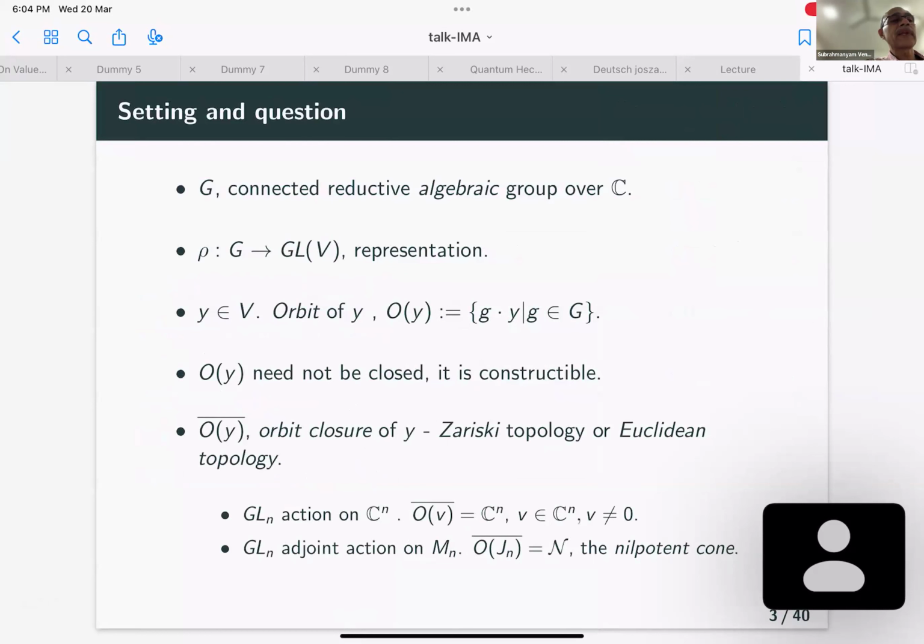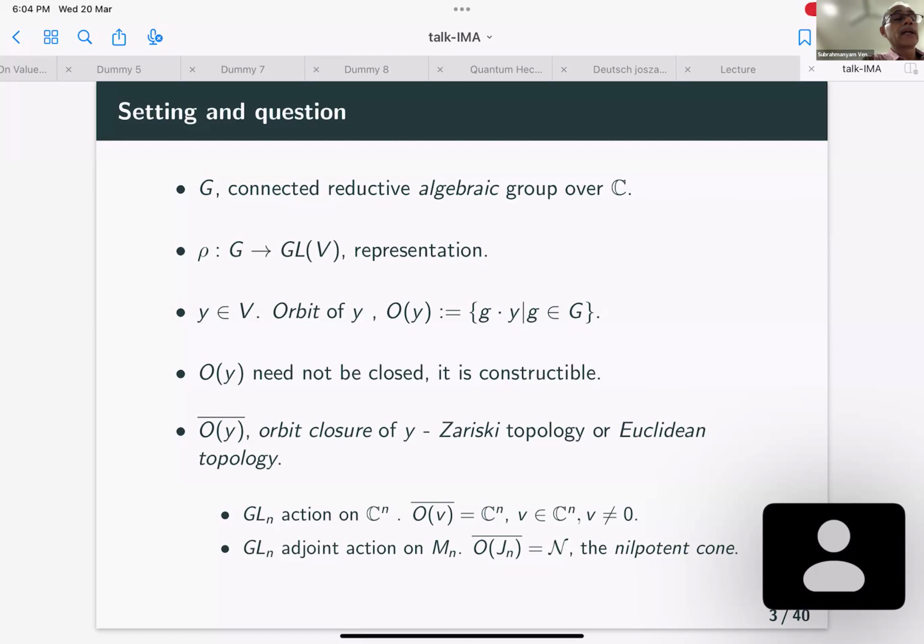So the setting is the following. For us, G will be a connected reductive group over C. For most of the talk, you can think of G as GL_n for some n, the general linear group. That's really all we use. What we are given is a representation of G on a vector space, and that representation I denote here by rho. A representation for us is just a homomorphism from the group G to GL(V), the general linear group on V,